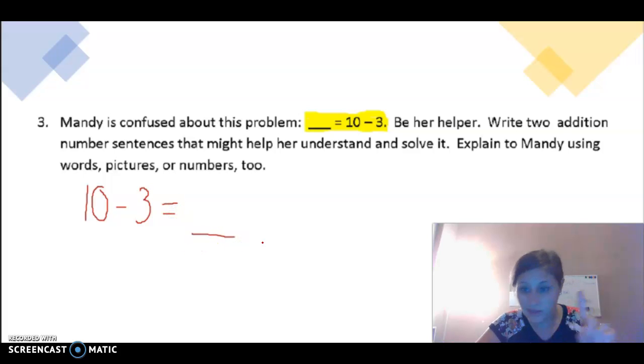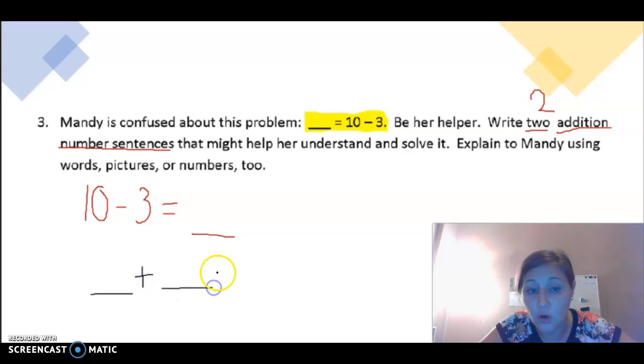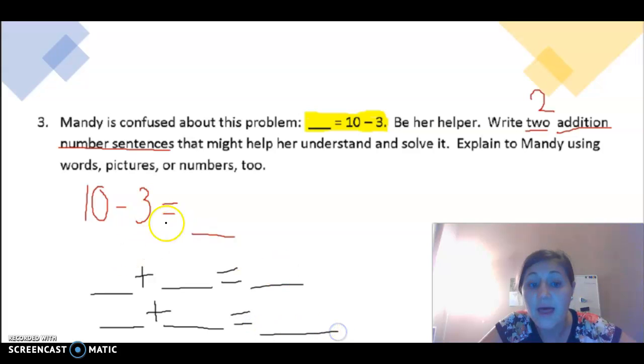But listen, that's not the only thing you have to do. You have to write 2, that's the number 2, addition number sentences to help her understand and solve it. So you've got to write 2 addition sentences to help solve that. Remember, addition is plus. So you're going to write an addition sentence that helps solve this problem here, okay? And then you're going to write another one because you need to have 2 addition sentences to help solve this